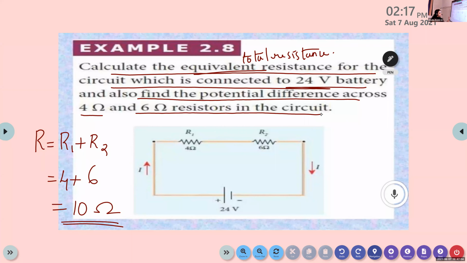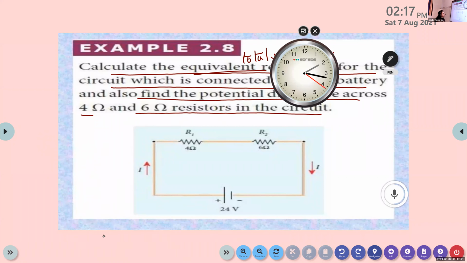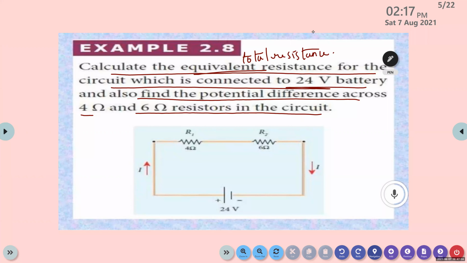Okay. So since it is a series combination, what about the nature of potential difference? What about the value of potential difference? Does the potential difference remain the same, or does it vary for each resistor? It differs for different resistors. So here we want to calculate V1. V1 is the potential difference corresponding to R1. Similarly, V2 is the potential difference corresponding to R2. And the equation for calculating V1 is equal to IR1.